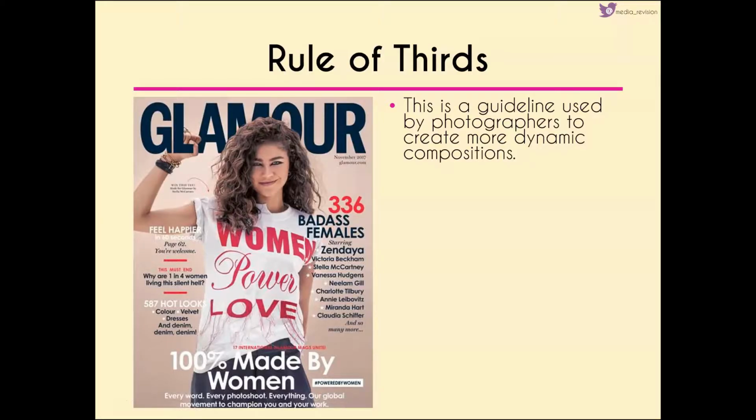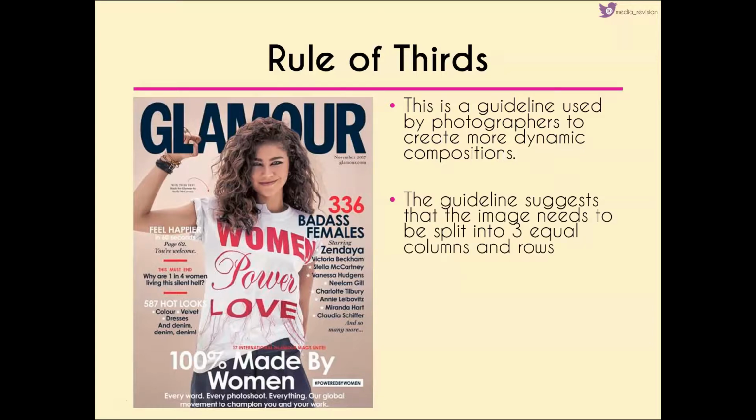Right, so this video is going to talk through something that I mention quite a bit when I'm doing my annotation videos, which is the rule of thirds. So this is basically a guideline that's used mostly by photographers, but it could also be used by editors or people who are putting together posters or front pages to make their compositions or their creations a little bit more dynamic. So what this does is it splits the image into 3 equal columns, 3 equal rows,